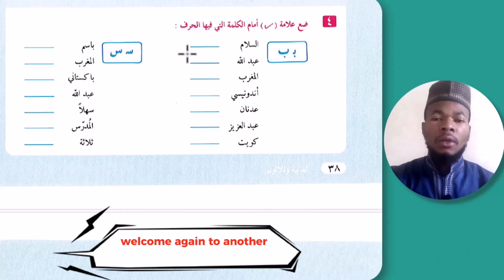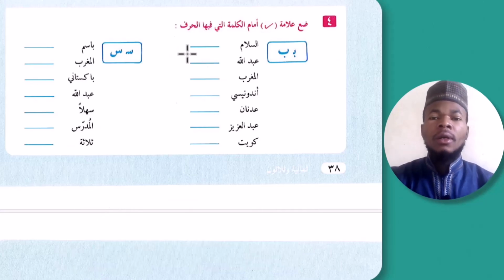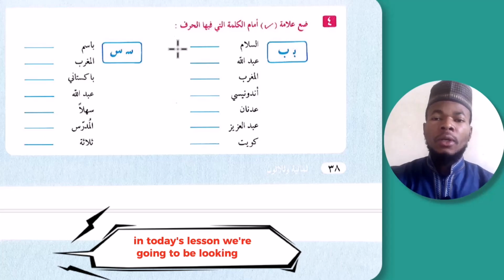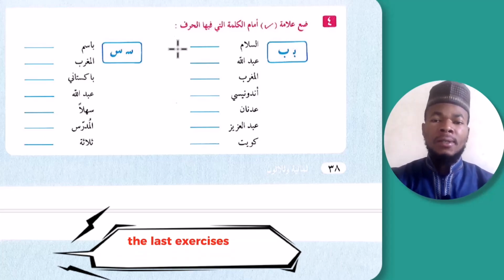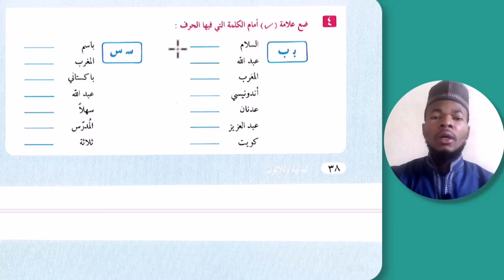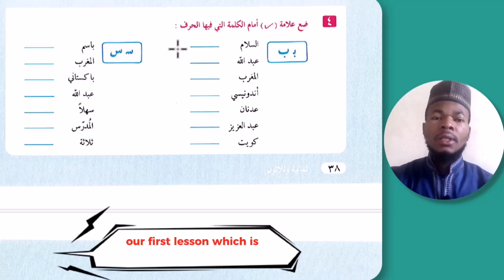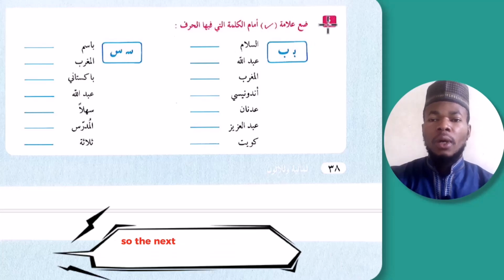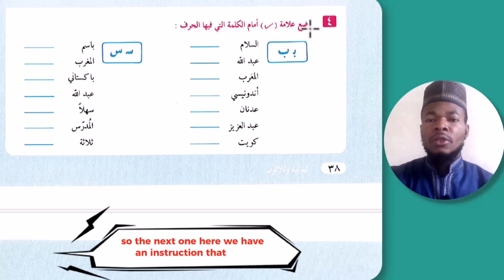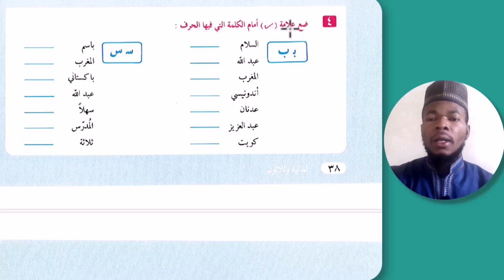Welcome again to another Arabic lesson on Al-Arabiyyatu lin-Nashi'in, Kitabu Al-Awwal, Book 1. Inshallah, in today's lesson, we are going to be looking at the last exercises that are below our first lesson, which is Ta'arufun, Introduction. So the next one, here we have an instruction that says, ضع علامة صحيح أمام الكلمة